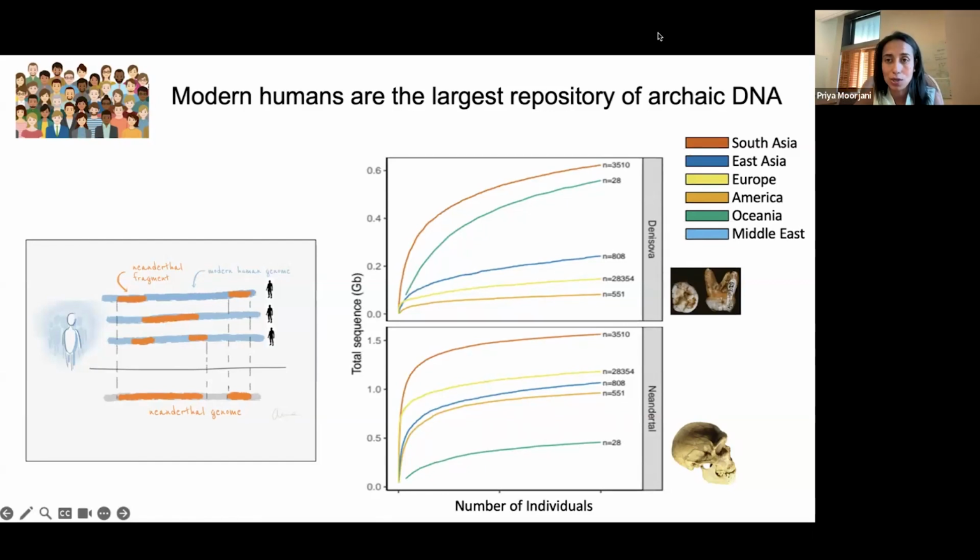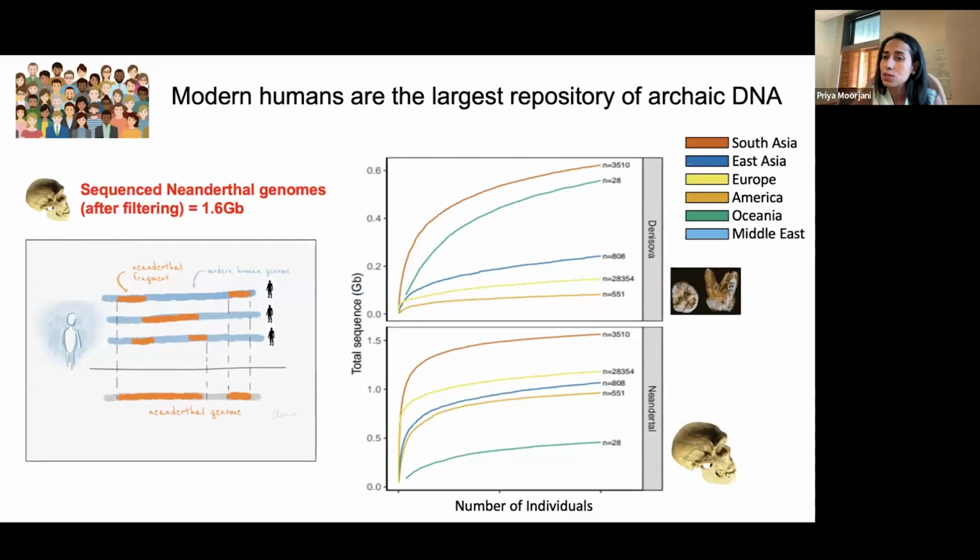Neanderthal and Denisovan genomes. So what you find is that if you sequence, say, about 3,500 people living in South Asia, you can reconstruct almost 1.6 gigs of the Neanderthal genome and about 0.6 gigs of the Denisovan genome. That's about half of the Neanderthal genome and a quarter of the Denisovan genome. Now, if you look at the direct sequencing of the Neanderthal genome, that's also about the same size, just because often